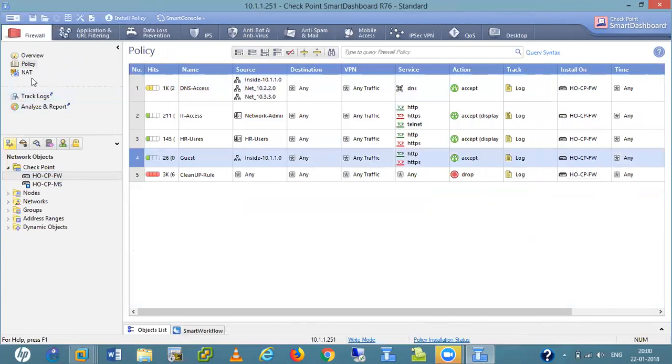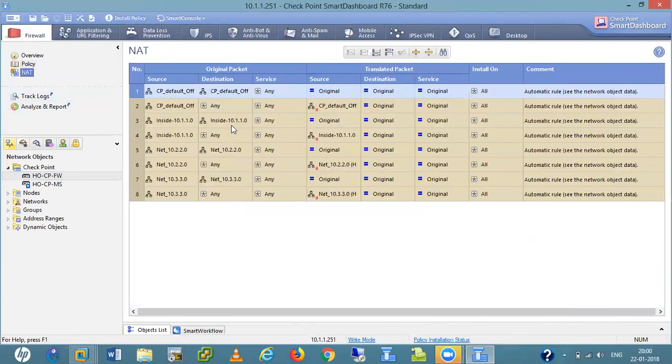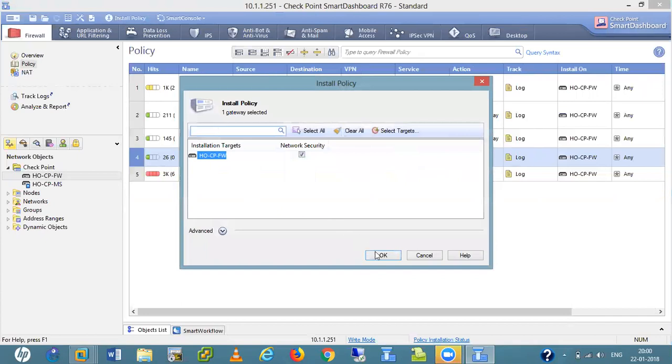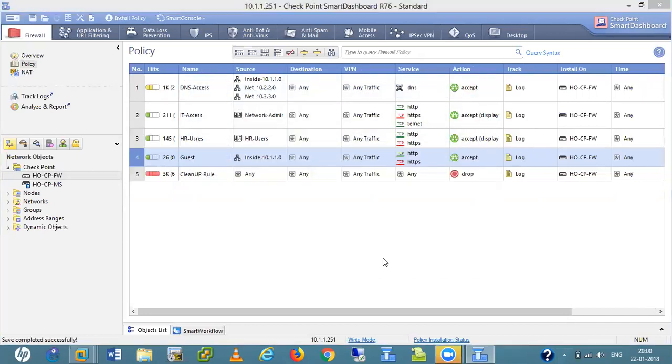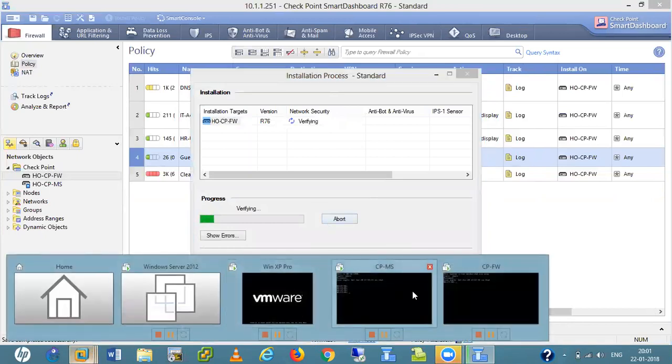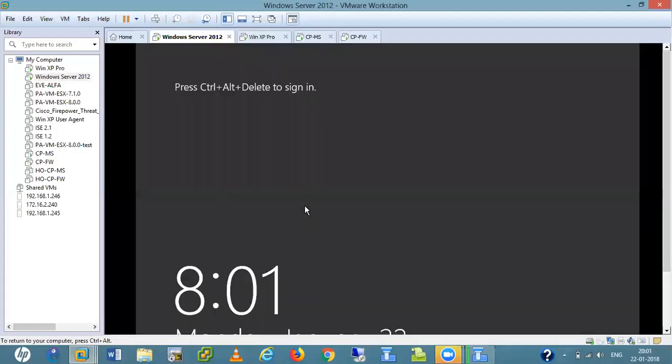Not an issue, I have NAT for them also. That's fine. So now I'm going to install my policies. At the same time, I'm going to log into my Windows server.